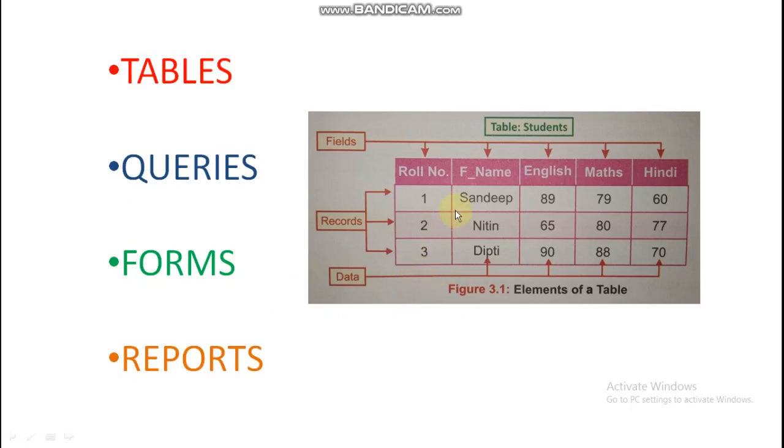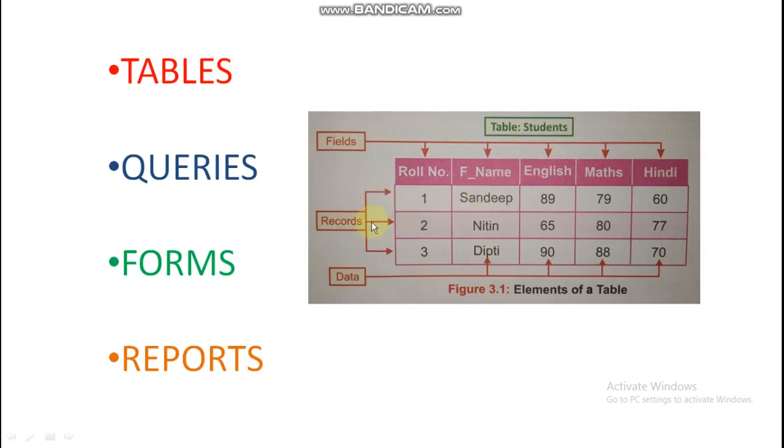You can see, students, there are many columns and many rows in this table. Columns are known as fields. Fields represent specific data. For example, the father's name represents the names of fathers of different students. It is giving information about the father's name only. Means what? A field gives us specific information.